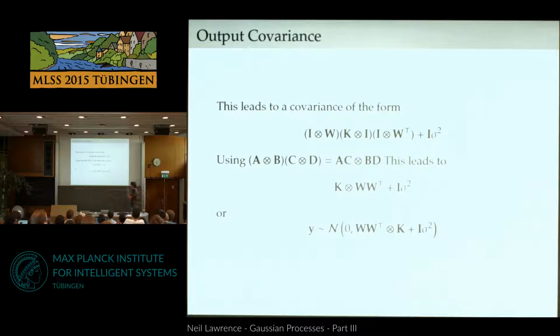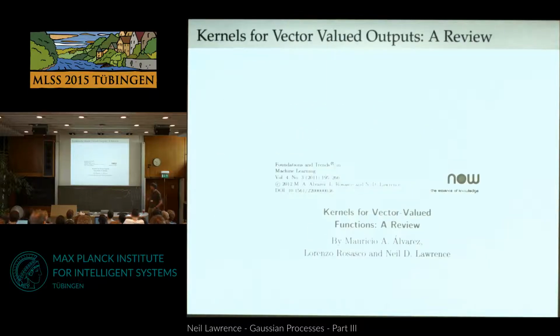So how could it be useful to do this? Well, I'll try and give you some intuition of that because I'm trying to use that to not just introduce Kalman filters, but also introduce an approach to doing multiple output processes, which is the sort of thing I mentioned at the beginning, where you just Kronecker product the correlation between your outputs and another covariance function to give you a larger covariance function. It's the simplest way of doing it, and it's known as the intrinsic model of